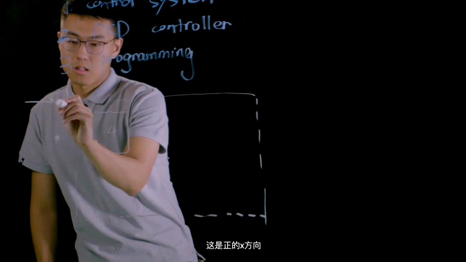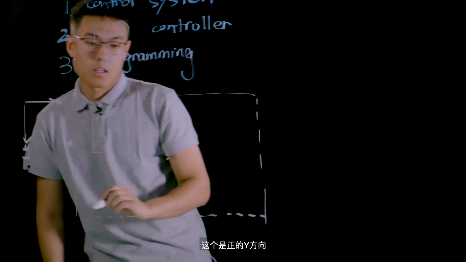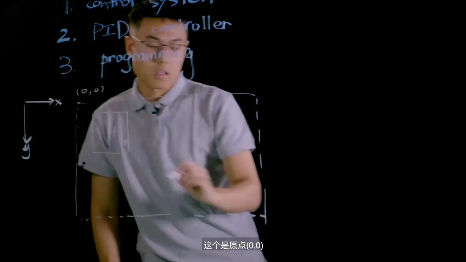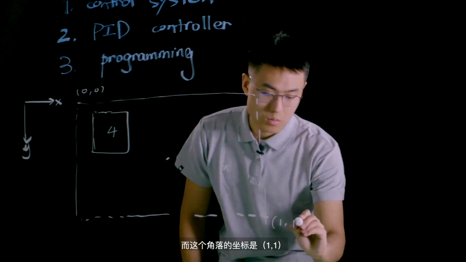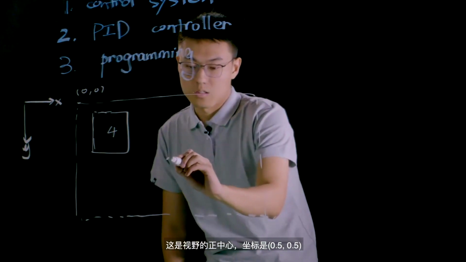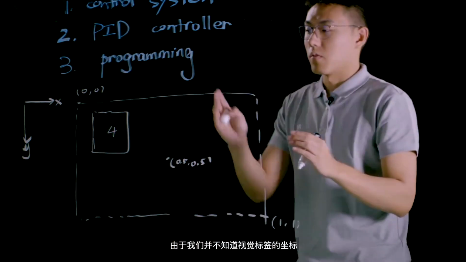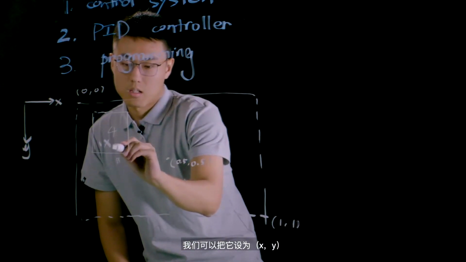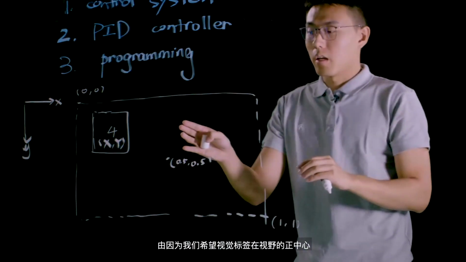Let's say this is the positive X direction, and this is the positive Y direction, and this is the origin, 0, 0, and this corner has coordinate 1, 1. So since this is the center of the viewport, the coordinate of it is 0.5, 0.5. And since we don't know the position of this visual marker, let's say the coordinate of this visual marker is x, y. So since we want to put this visual marker in the center of the viewport,